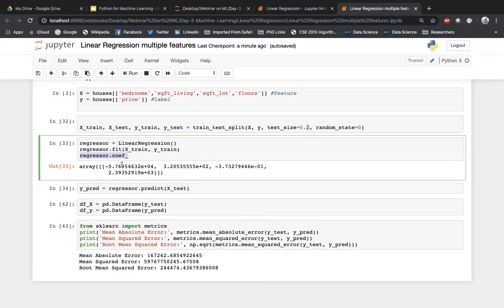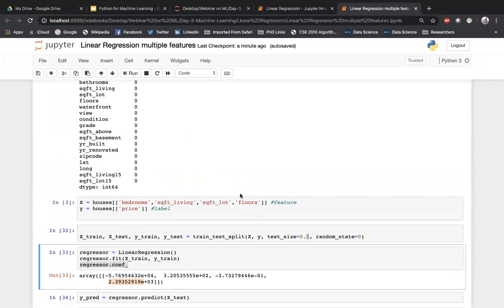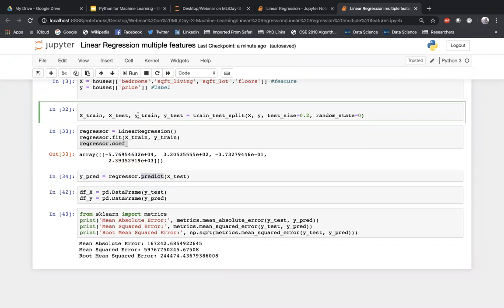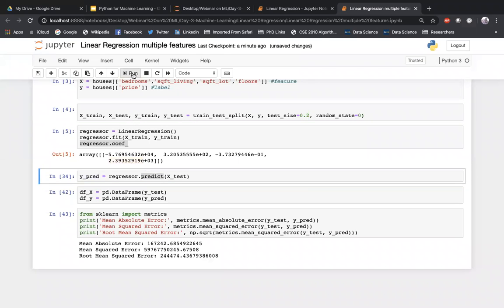You can see that this is theta 1, theta 2, theta 3, and theta 4. We have taken 4 features, so 4 theta values we got here, right? Now I'm trying to predict the y labels using regressor.predict on the X test. So let's run this.